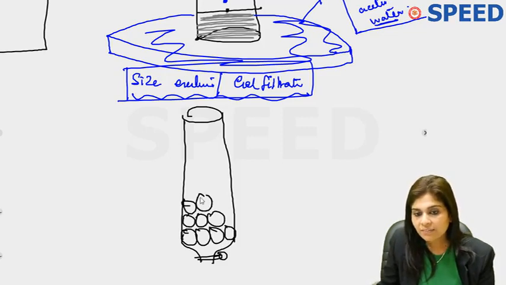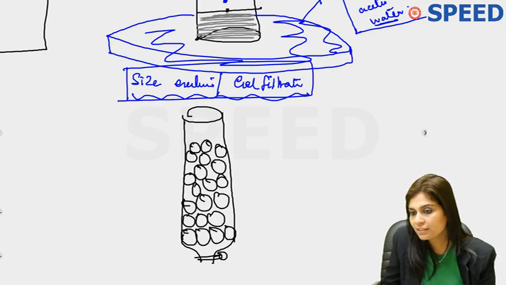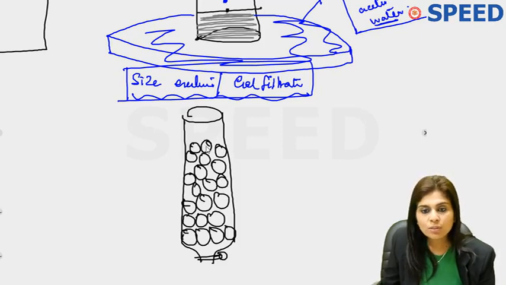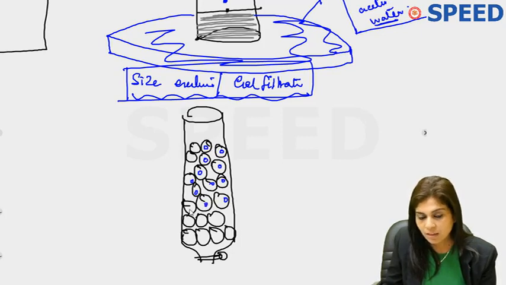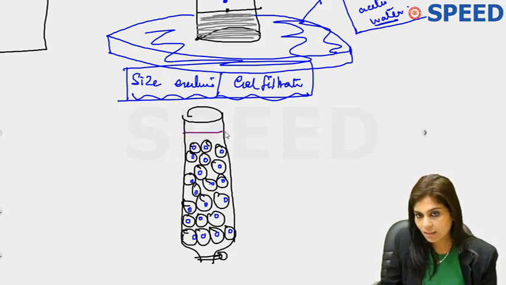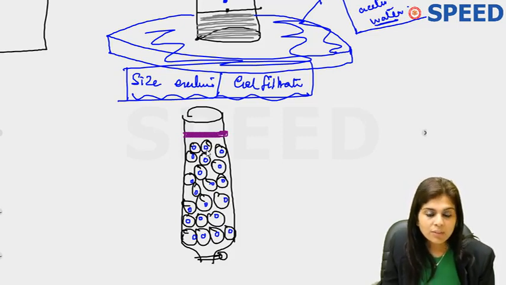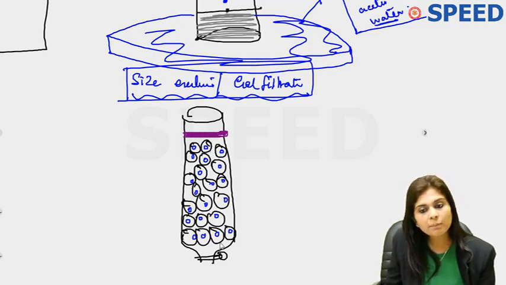And these beads have pores. They have holes or pores. And the radius of these pores will be measured as Stokes radius. Let me show you pores with blue circles. So they have pores, and the radius of these pores will be measured as Stokes radius. Now what will happen when you pour the complex protein mixture? Any protein, the size of which is larger than the pore size, cannot get into the pores. So they move happily between beads and they come down.